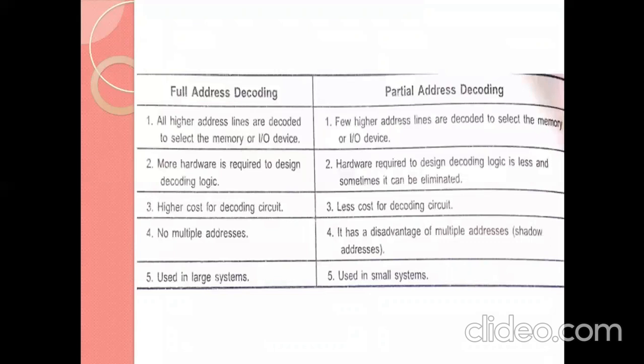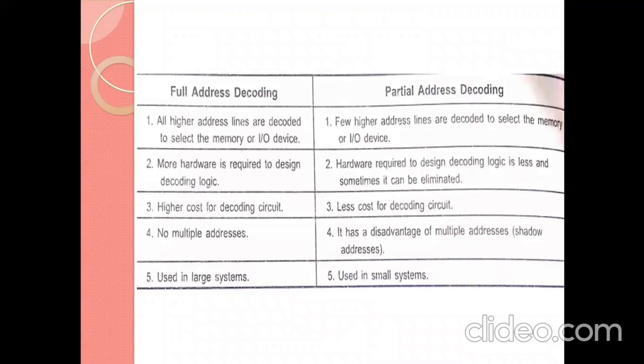Next, what is meant by full address decoding and partial address decoding? Partial address decoding means it uses only a smaller number of address lines. Full address decoding means it will use more address lines. So more hardware is needed for full, and less hardware is needed for partial. When more hardware is there, the cost of the hardware circuit is more.